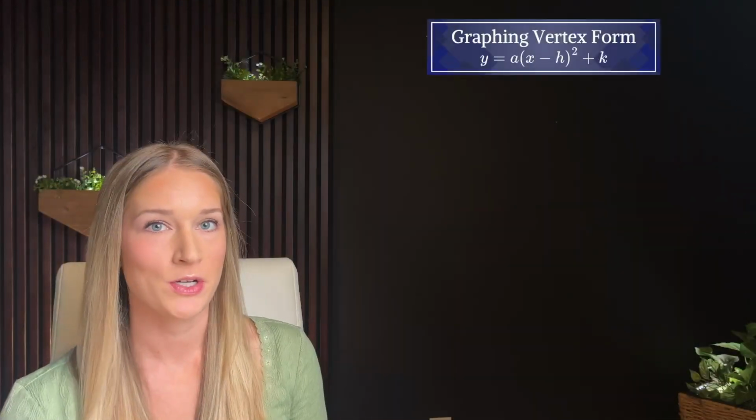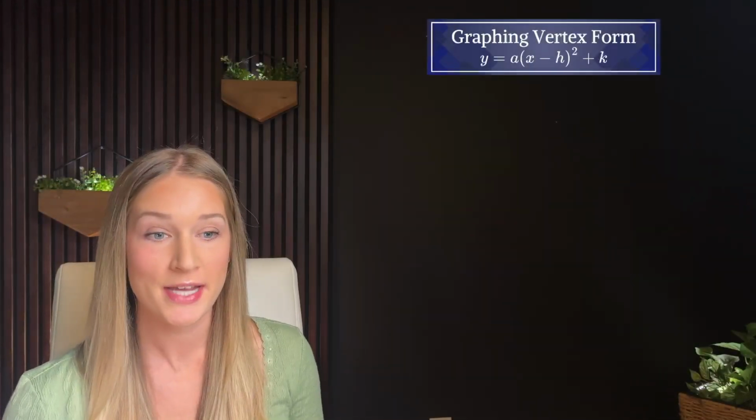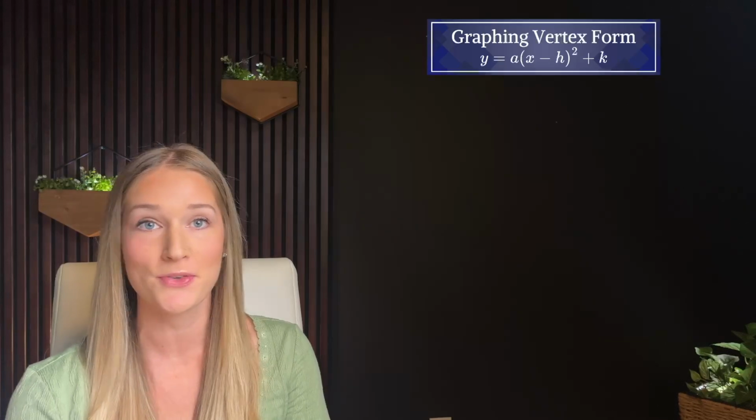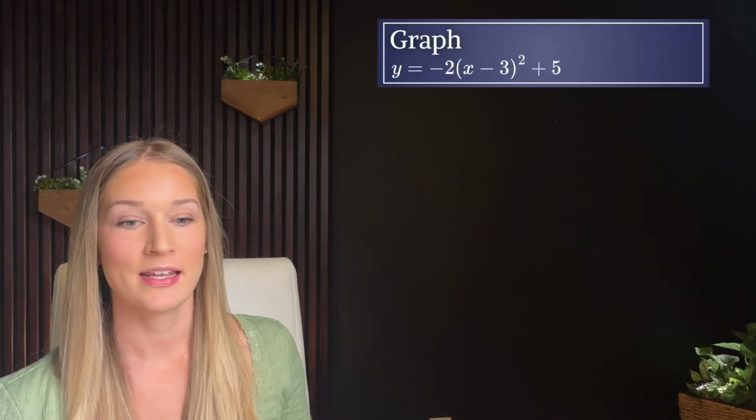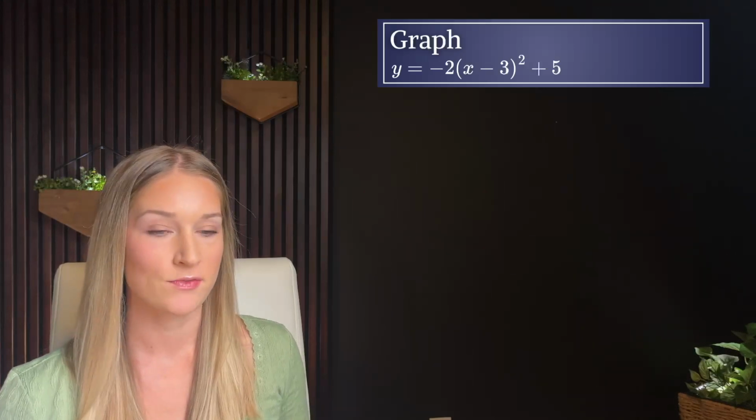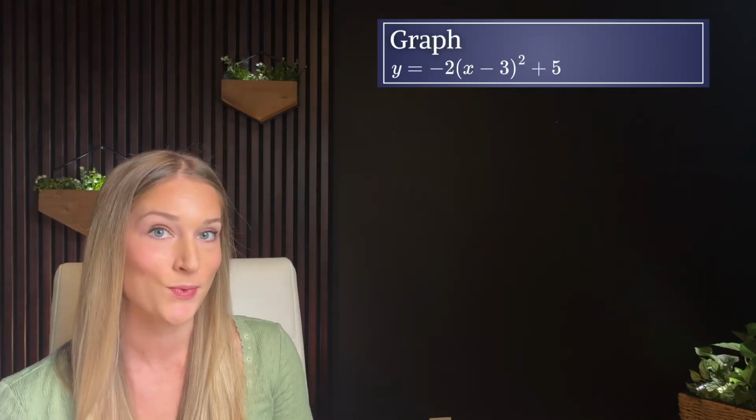When it comes to graphing quadratics, we've got a few different forms. Vertex form is one of the most friendly to graph. So let's talk about what that looks like. In this example, we've got a quadratic in vertex form, and I know it's in vertex form because there is